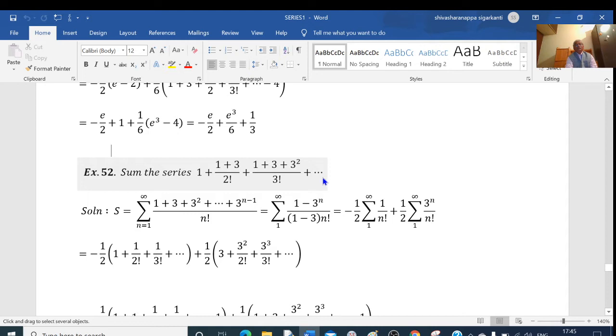So the nth term will be, this is the first term, second term, third term. Nth term will be denominator n factorial and numerator is 1 plus 3 plus 3 square plus 3 cube up to 3 to the power of n minus 1, because 3 factorial is there, the last term power is 2, right? Therefore, if n factorial is there in the denominator, this power should be n minus 1. So, therefore, we write this as the summation 1 plus 3 plus 3 square plus up to 3 to the power of n minus 1 divided by n factorial.